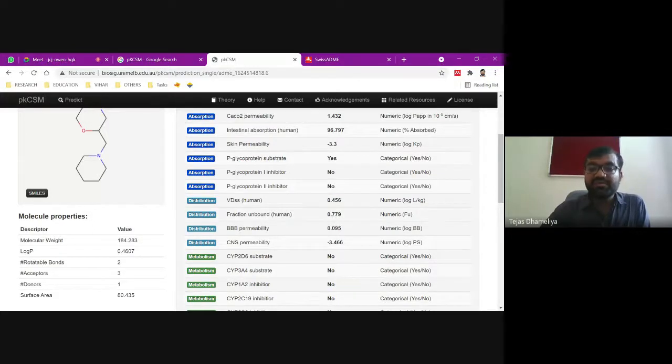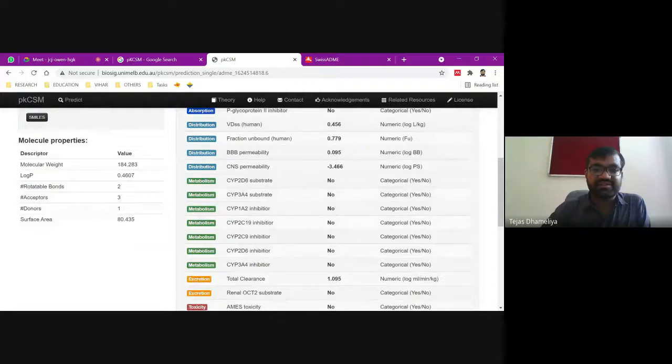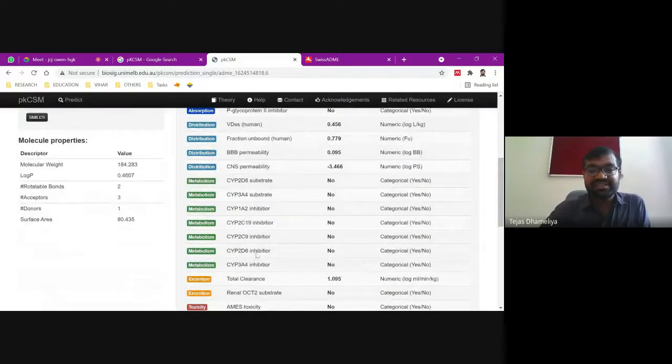Fraction of the unbound drug, especially FU, we can calculate this. BBB permeability also we can calculate. CNS permeability. So all these parameters we can calculate. Not only absorption and distribution, but metabolism properties, whether it is going to inhibit the CYP enzymes, yes or no, we can